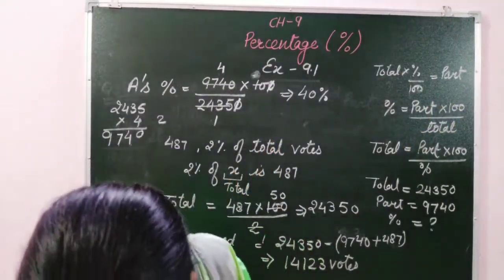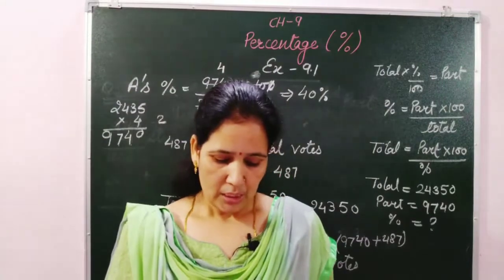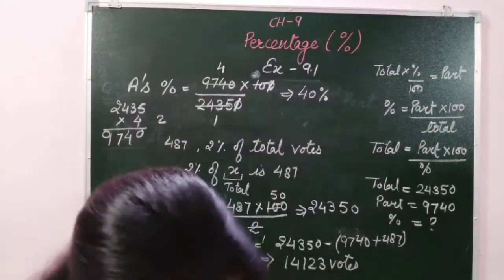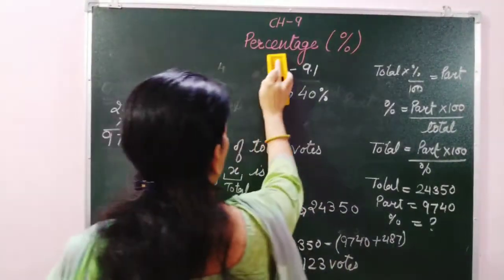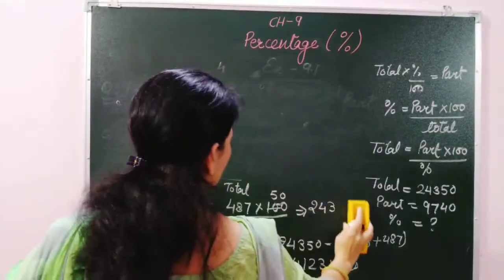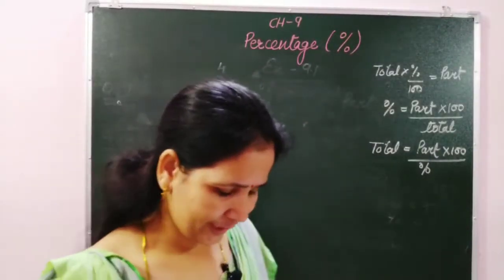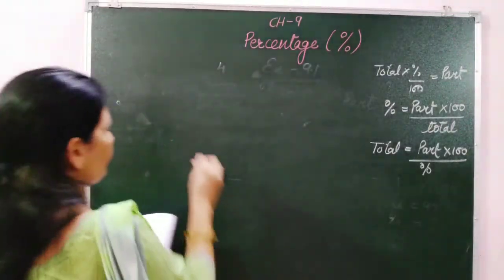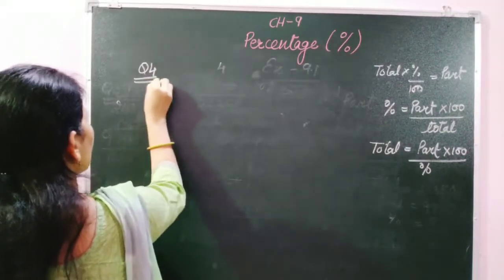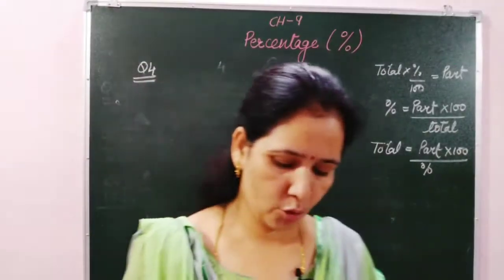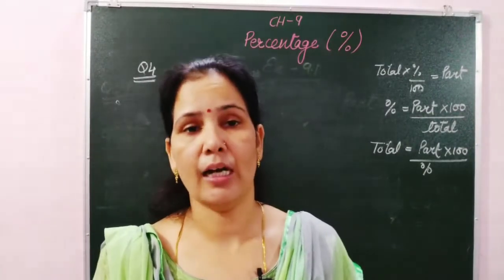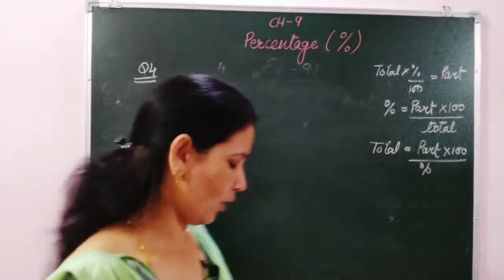Okay, now we have already discussed up to question number 3. Let's take one more question for today, that is question number 4. In question number 4, what they have given to us: A earns 10% more than B. Okay, question number 4, A earns 10% more than B. By how much percentage is B's earning less than A's earning? This is the main question. So I'm writing this one.